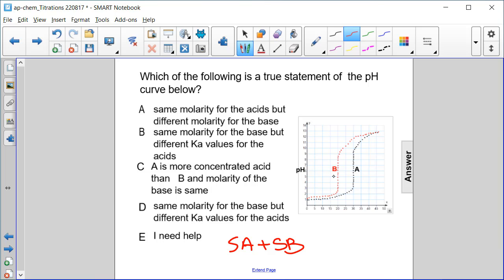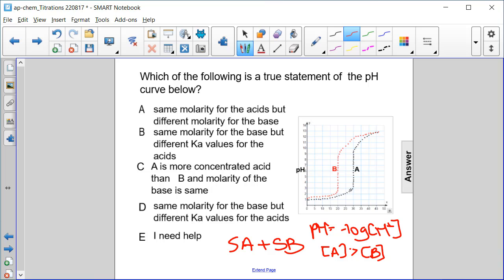Okay, so the initial pH at 0 milliliters is determined by the concentration of the strong acid. And A starts just below B, which means that it has a higher hydrogen ion concentration, and that means it's more concentrated. It's the more concentrated acid. So A is more concentrated than B. Okay. But it takes a lot more base to neutralize it,